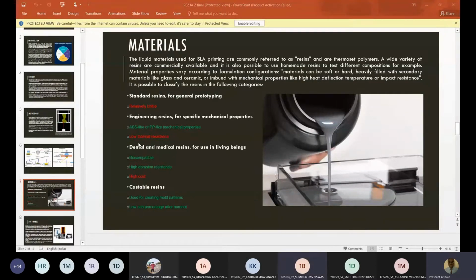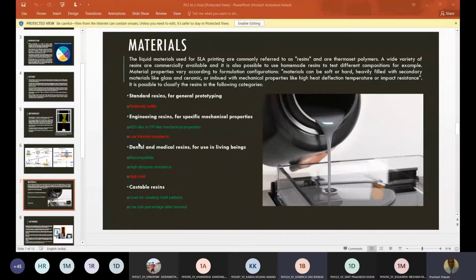In this case, the plastics he talked about are mixed in a kind of resin. Because in stereolithography, the material has to be a liquid, which is what gives us this fine precision and control. In stereolithography we cannot see the layers, because a liquid is much more castable than a solid or a melted plastic. There are different types of resins present here.